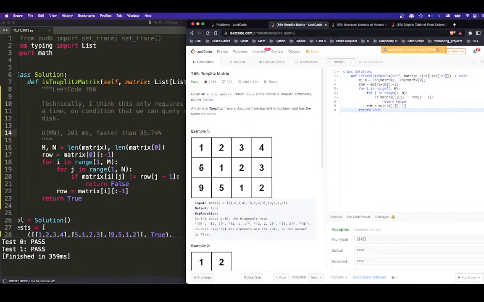Now this row becomes this, and now I pop this, push this. So it's the same idea, but